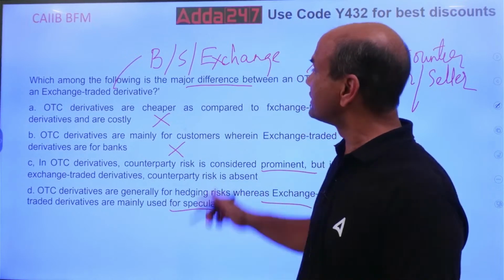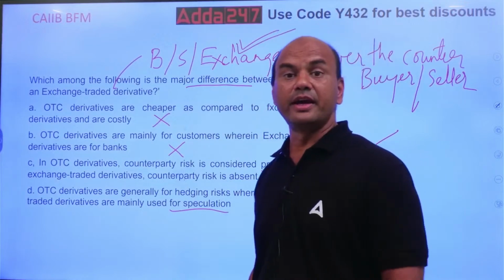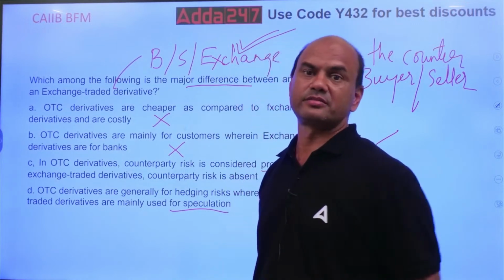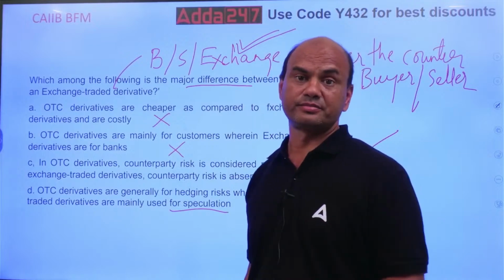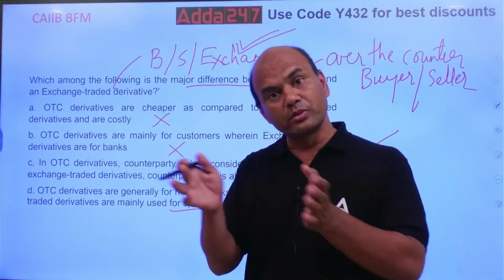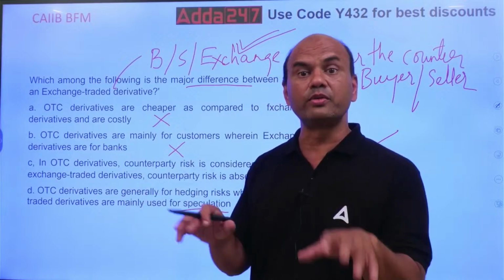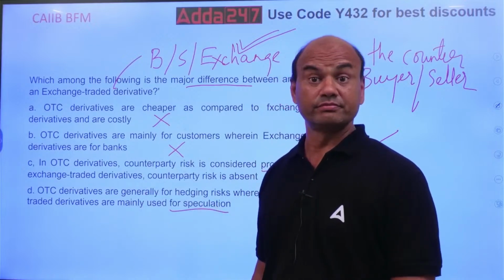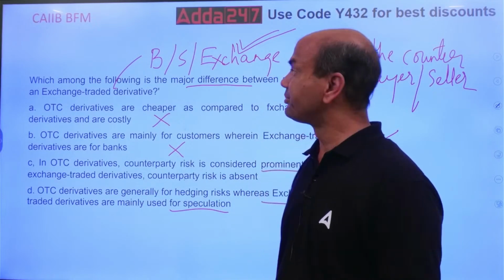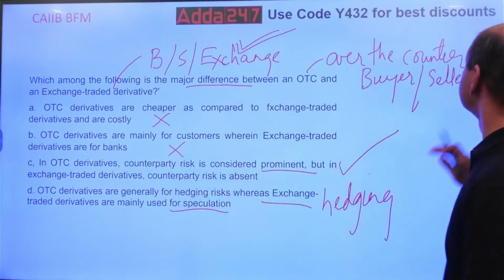Why? Because there is an exchange over here. What does this exchange do? The exchange will take over the risk of buyer and seller. It will create a pool of money and also a pool of investment bonds, so that no one defaults. Very important one. Okay? Got it? So C is the answer. Next one.